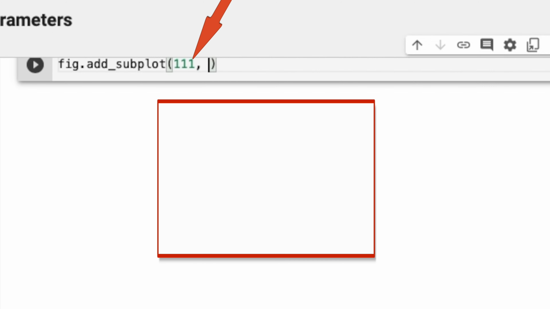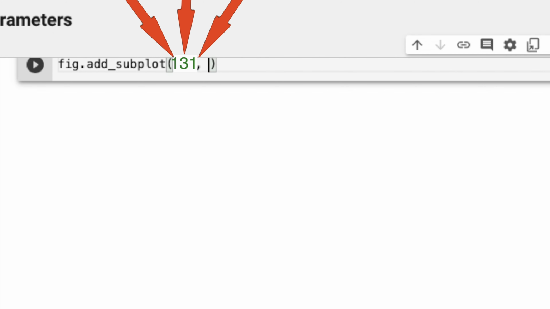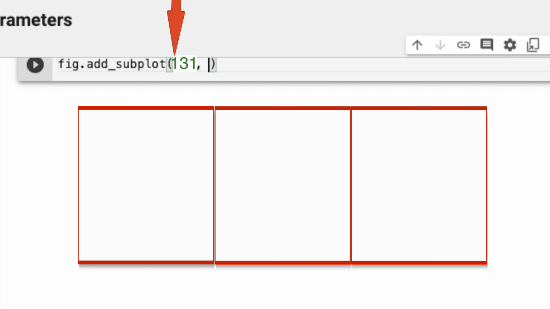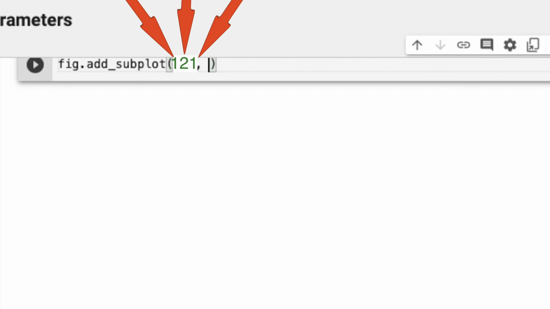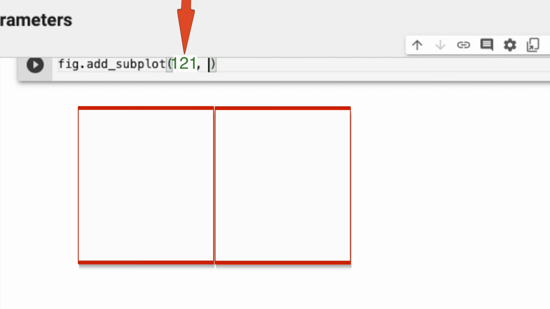by the third digit. If we have 1, 3, 1, that would mean the figure has space for 3 plots in 1 row, and the current plot should be placed in cell 1. If we have 1, 2, 1, that would mean the figure has space for 2 plots in 1 row, and the current plot should be placed in cell 1.